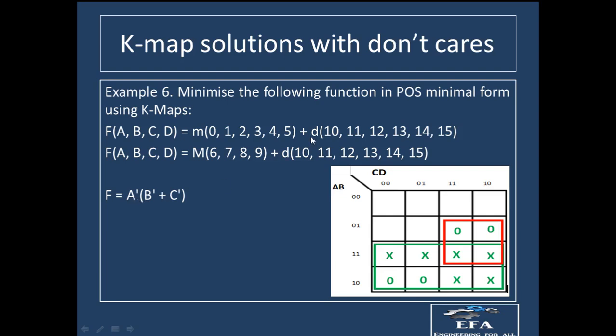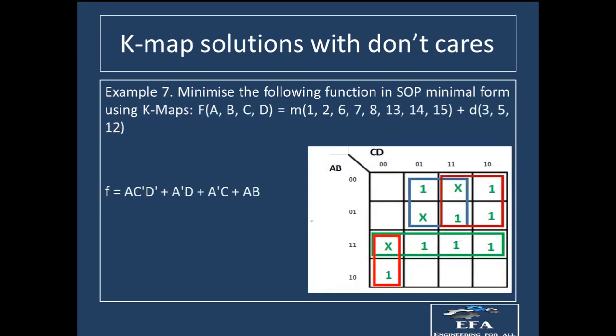Now because this is a POS type of expression, we have to put an AND gate in between. Therefore the bracket will start after the AND gate. And now we will talk about this group, right? In this direction A is changing and B is not changing, so B is equal to 1, therefore we have to take B complement. So B complement plus, in this direction we are having C complement, so C complement is there. Okay, so this is the final expression from this big expression given in your examination, right? So this is the final expression and you can make the circuit out of it like we have done in the previous examples. Okay, so last example I guess.